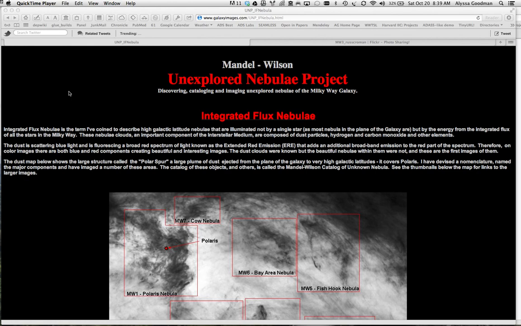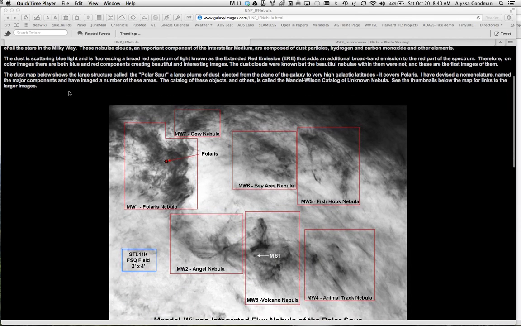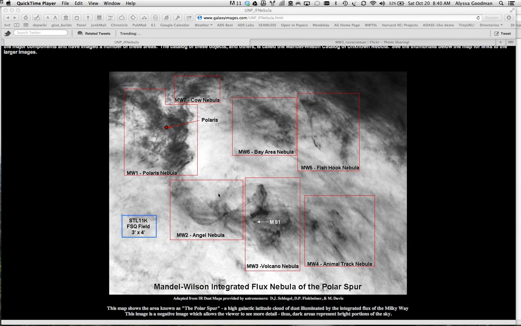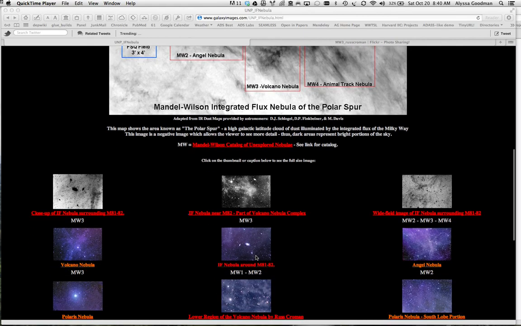The value of using astrometry.net to understand where images go on the sky. Here's a page called the Unexplored Nebulae project, or the Mandel-Wilson catalog, which shows you a large fraction of the sky as imaged in dust here, and then a bunch of regions that are being targeted by amateur astronomers to observe those